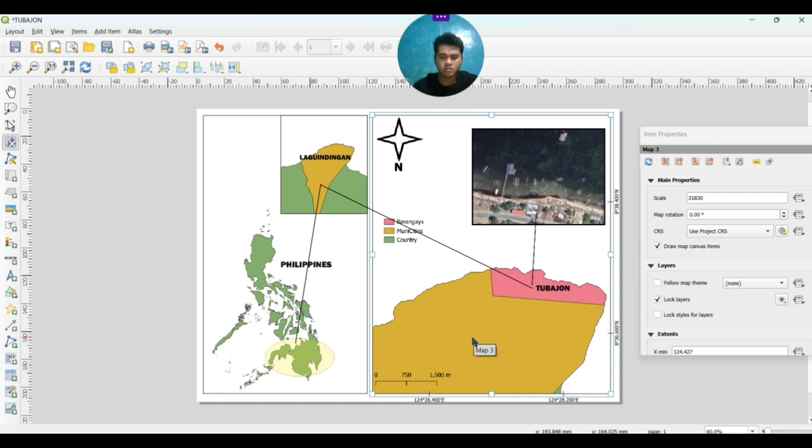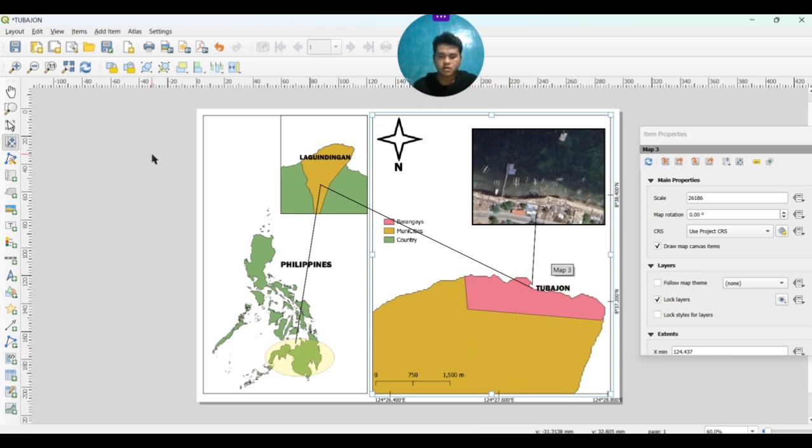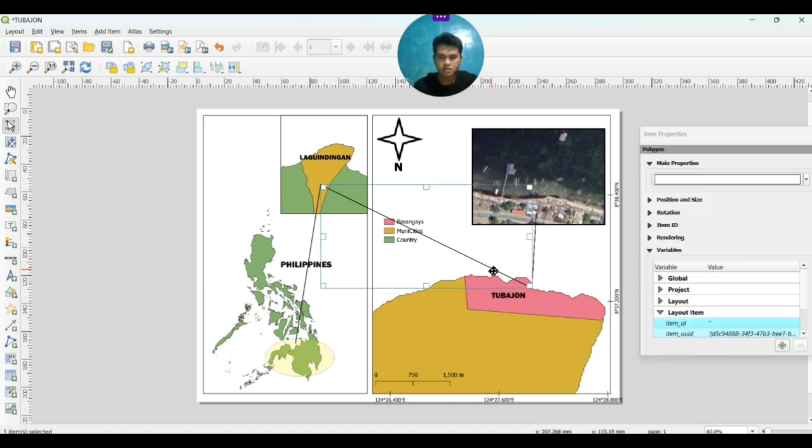So I want this to be more zoomed and adjust it for a while, and this one to be more like it. Then that one. So when that happens, you need to adjust those things, the miscoordinates or the labels that were not placed on the proper side. Just adjust those things.